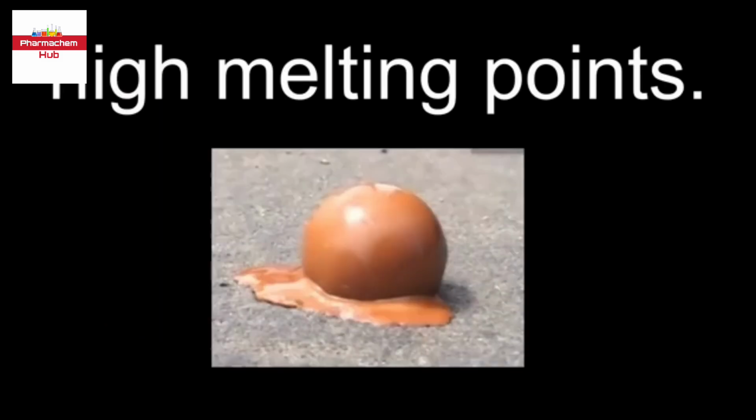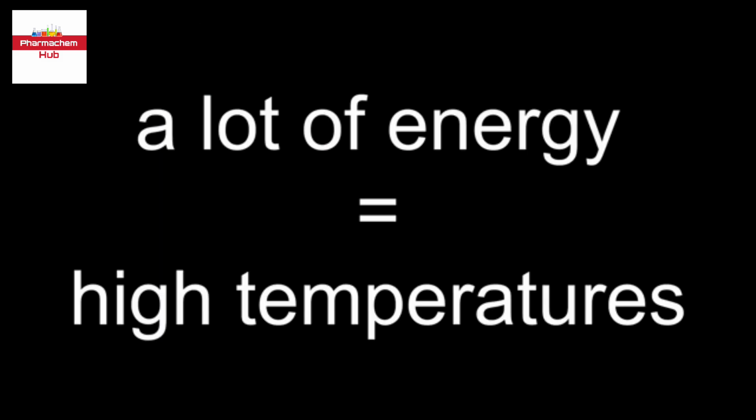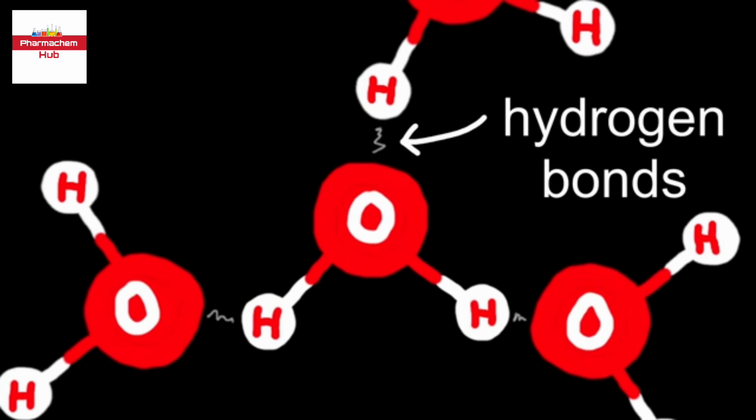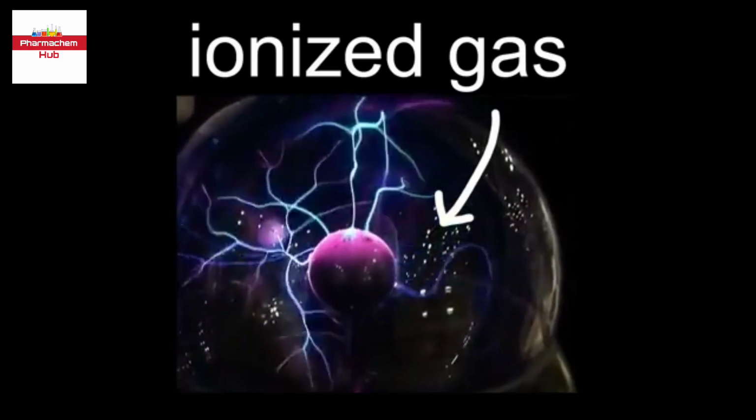Strong bonds, like ionic bonds, lead to high melting points, as they take a lot of energy and therefore a high temperature to break apart. That's why most salts are solid at room temperature, whereas water, which is only being held together by hydrogen bonds, is a liquid. Well, actually, there's another state called plasma, which is ionized gas and can exist at very high